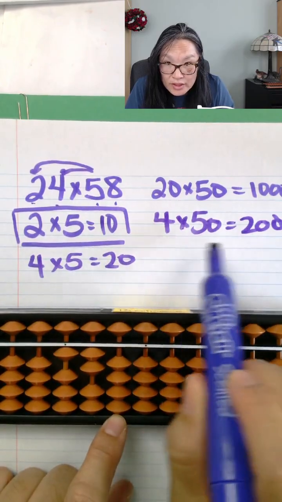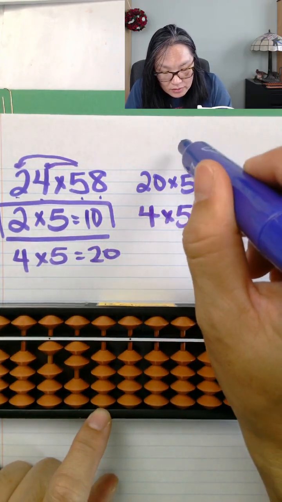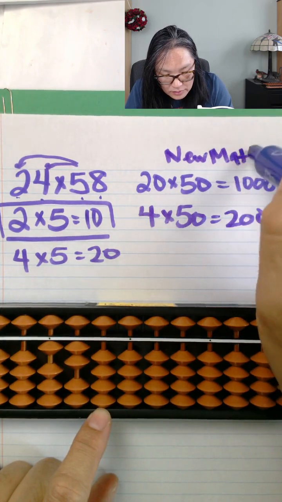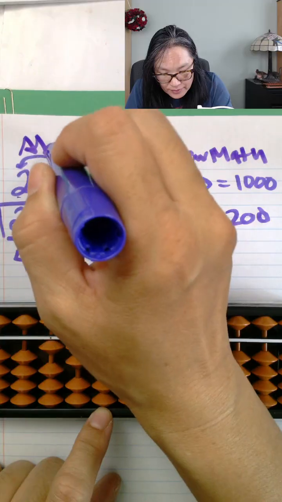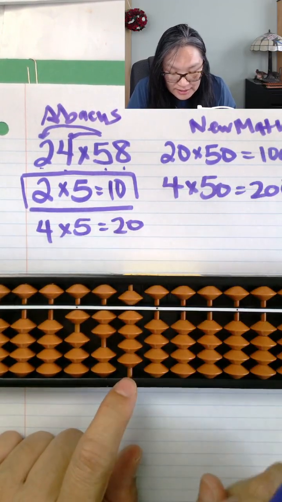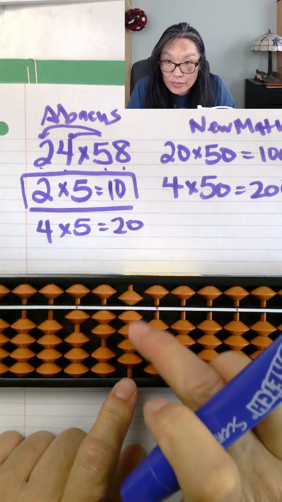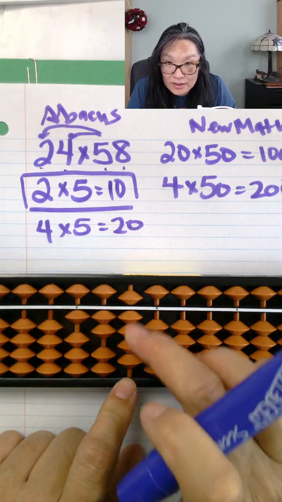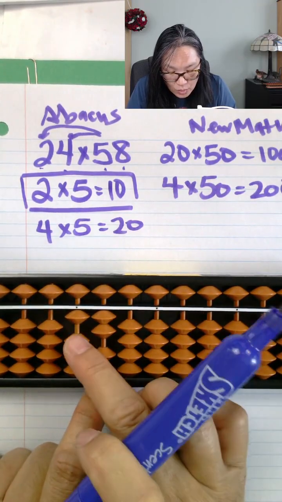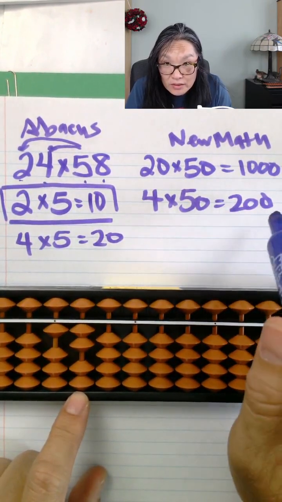So what we're doing is looking at the difference between new math and abacus math. Is that 9? 9 looks like this: 5, 6, 7, 8, 9. When all the beads are touching together, that's what 9 looks like. So what I have right now is 1, 2, 0, 0, which is 1,200. Again, we don't need to write out the zeros. We just need to know our